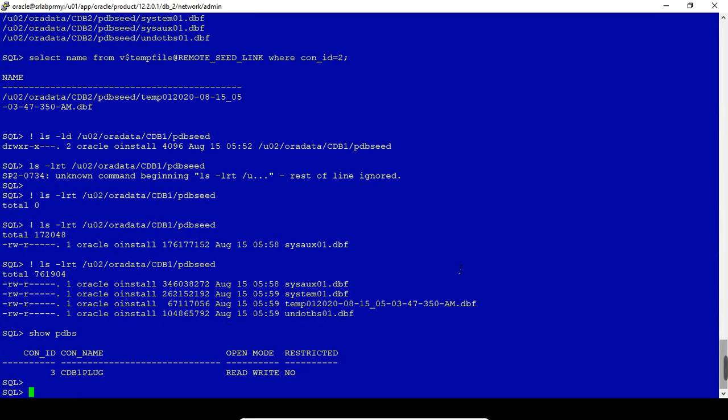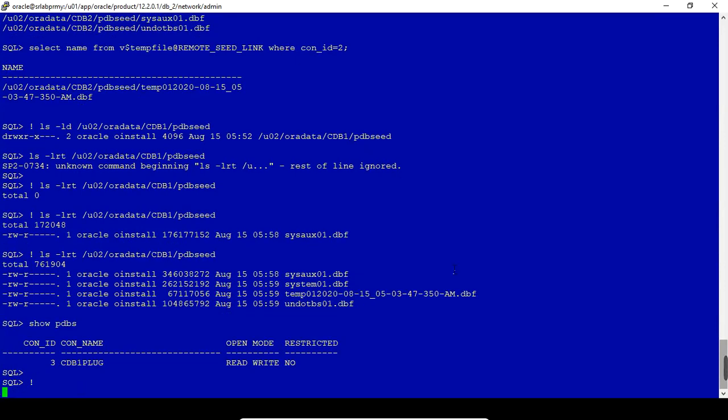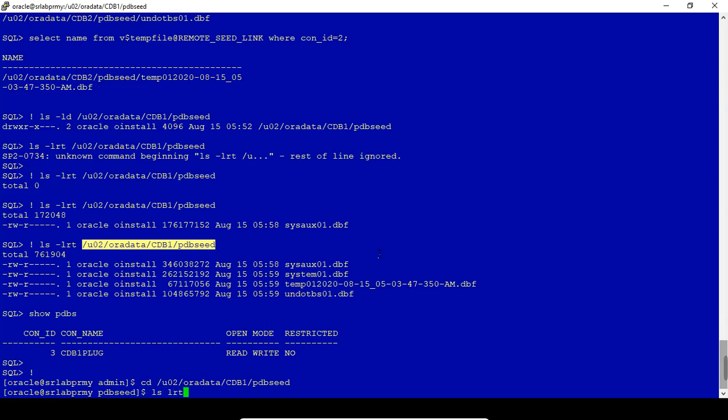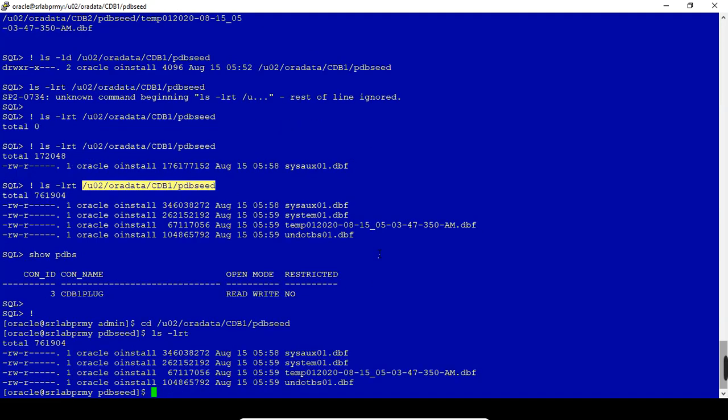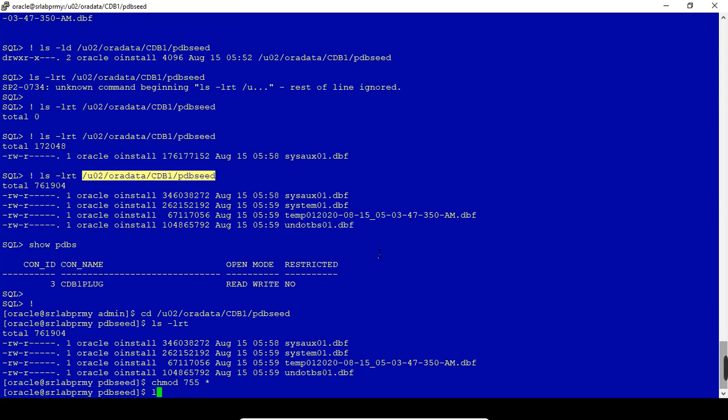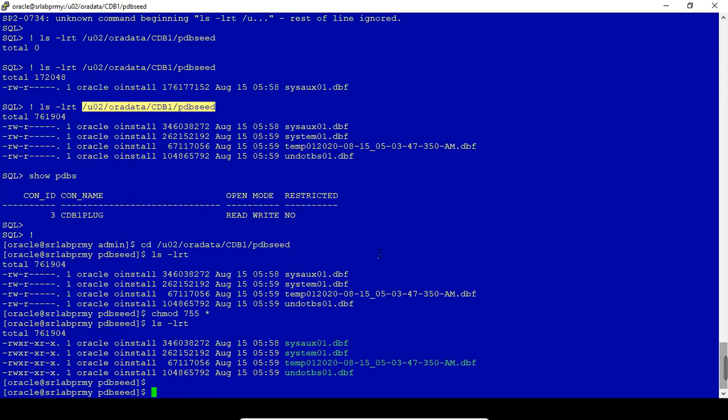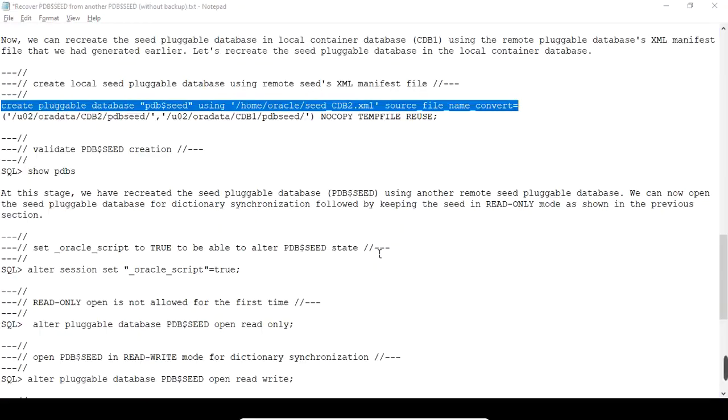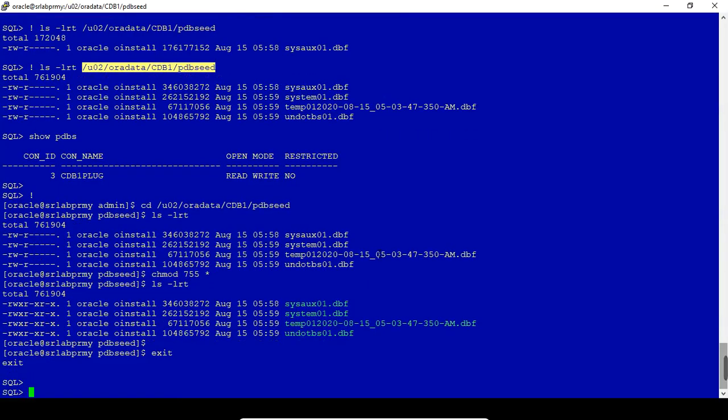Okay, what we will do, I will go to this location. I will give permission to all the files, otherwise it will fail, using chmod. I have given the permission to all these files, and again I am coming back to the SQL prompt.